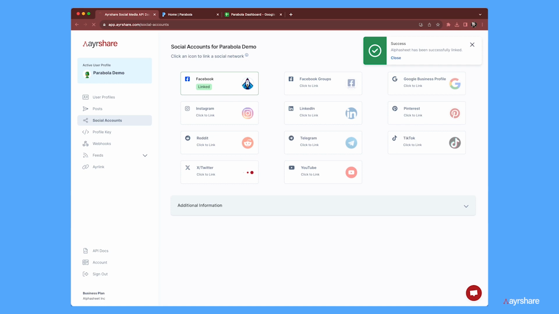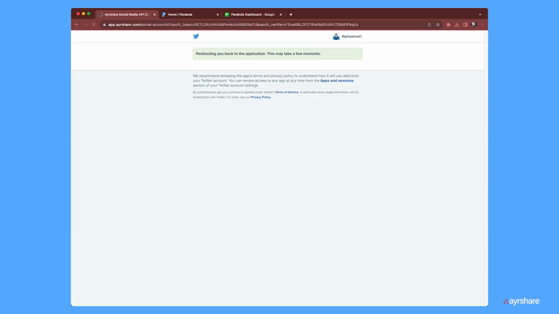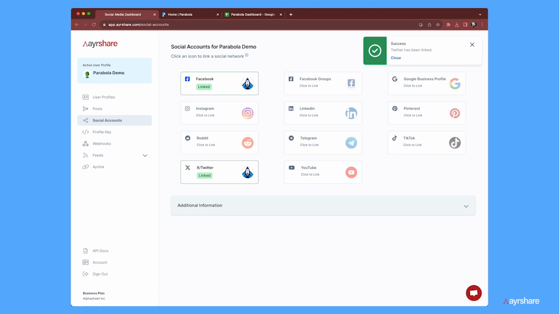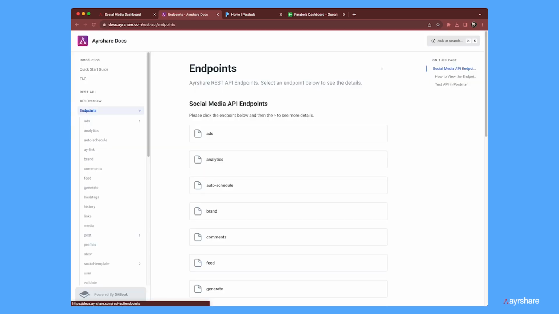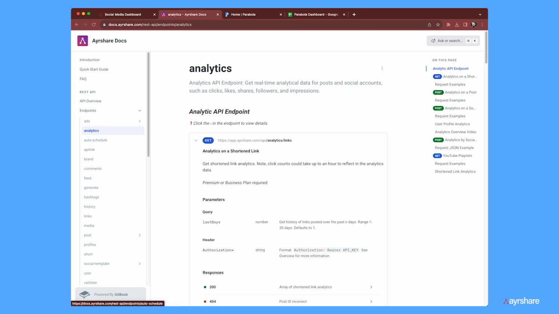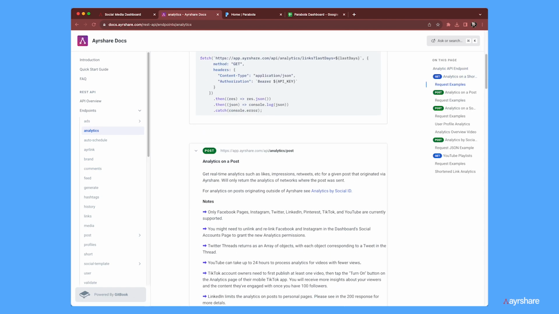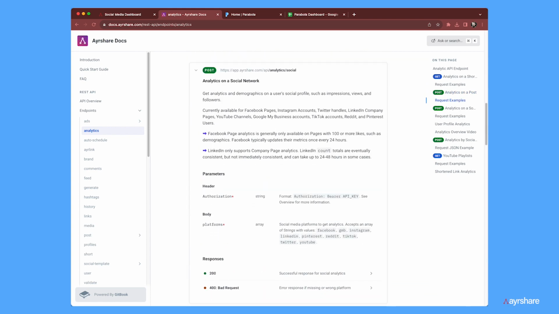And now we're going to link X, formerly known as Twitter. Great. Those two are linked, and we're going to pull our social profile data from Facebook and Twitter. And we can click on the API docs, take a quick look at how to do that. AirShare has a ton of capabilities, lots of powerful endpoints. We're going to be using the analytics endpoint, and more specifically, we're going to be using the analytics/social endpoint, which is analytics on a social network. So we'll be able to get all the data on our Facebook user profile and on our X Twitter user